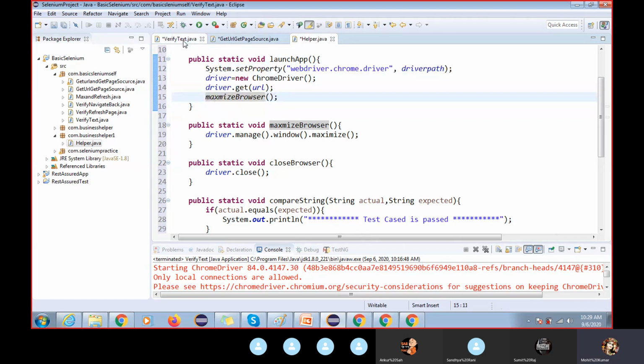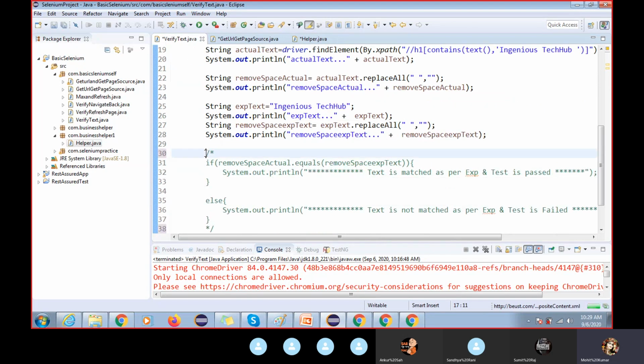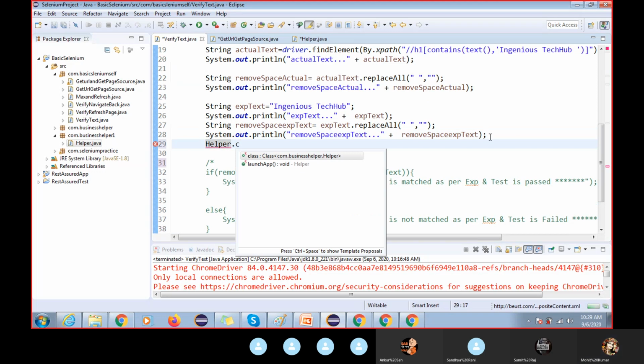Now you should not write this line of code. So simply what I can do here is helper dot, what is that method, compare a string, verify?